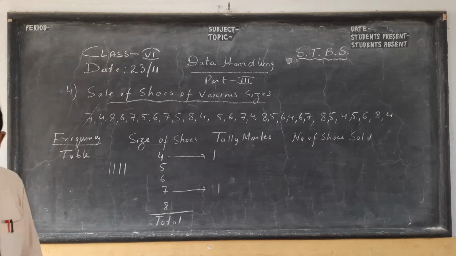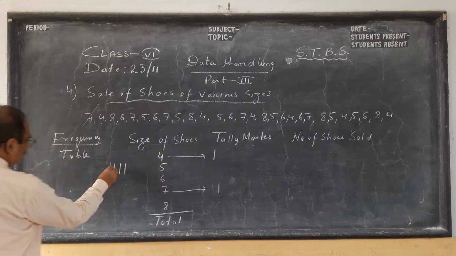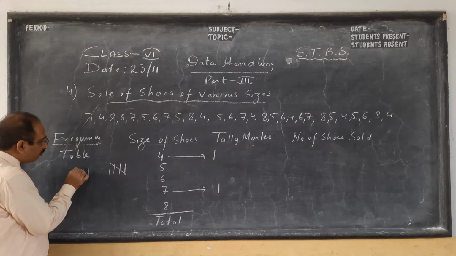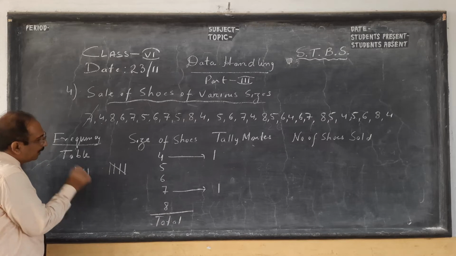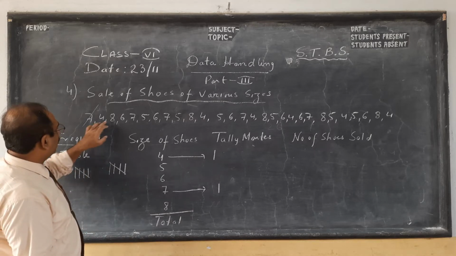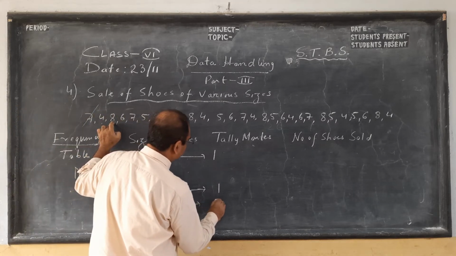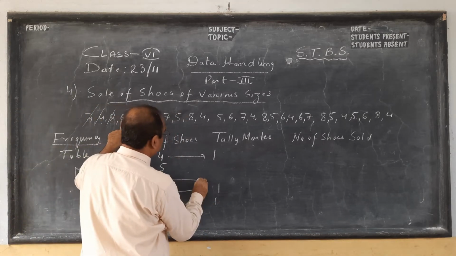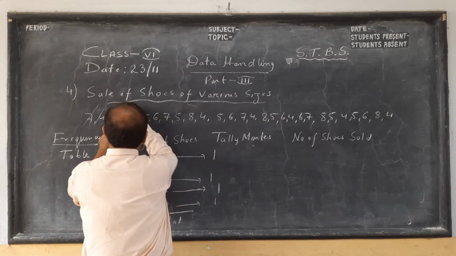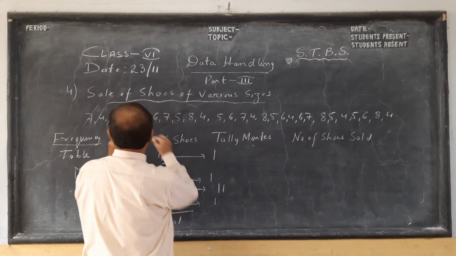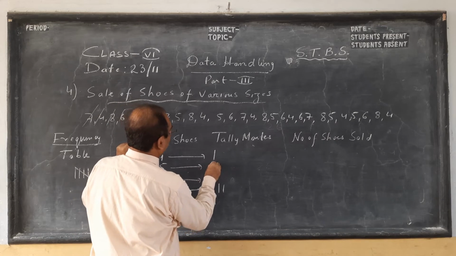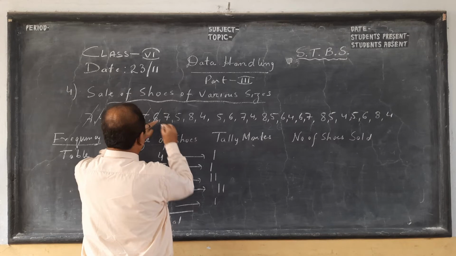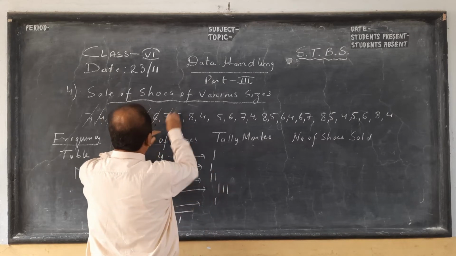So this is the tally mark, children. 1, 2, 3, 4, and the fifth one goes like this, from the left side top to the right side bottom. Then 8, 1. I cancel it so that I don't forget. 6. You have to be a little faster, children. Then 7, then 5, then again 6. Just draw a line, cut. 7, draw here, cut. 5.